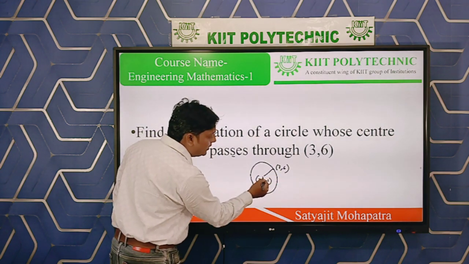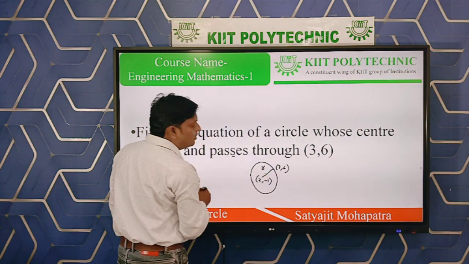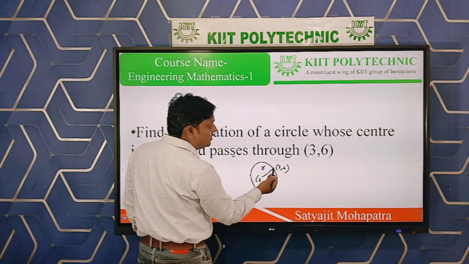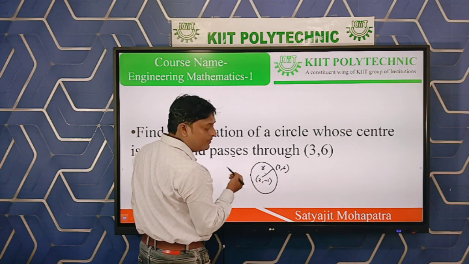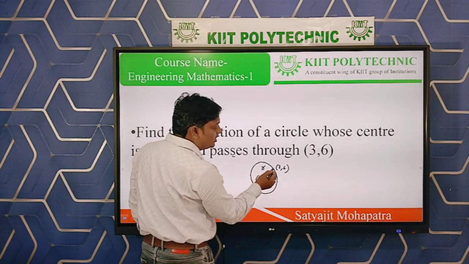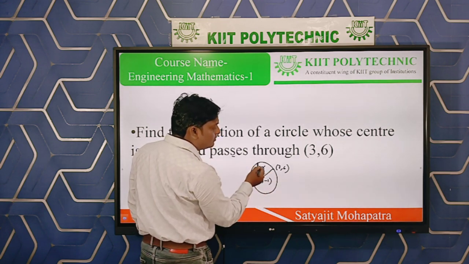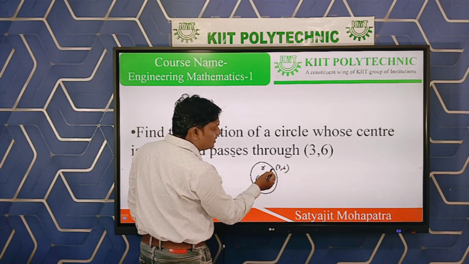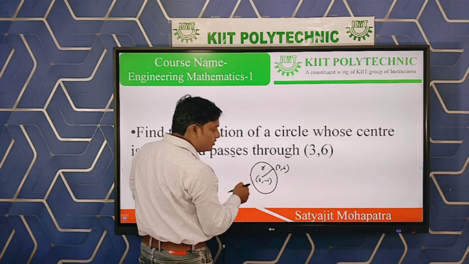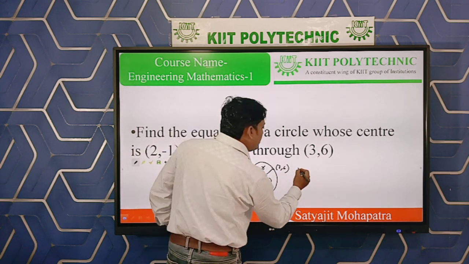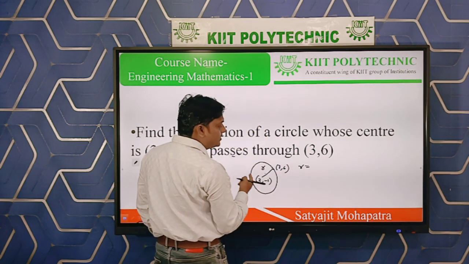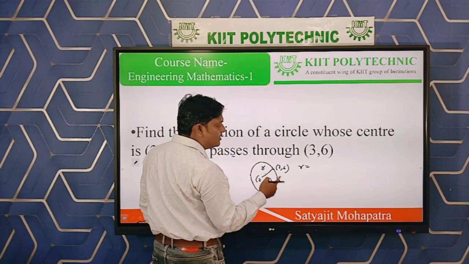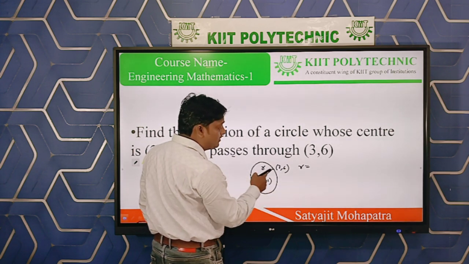Easily one can find the radius, because all of you know what the radius is. The radius is the distance of the peripheral point from the center. The center is the fixed point. This point is movable on the circumference. This distance simply will give you the radius of the circle. You know the distance formula in 2D. Just find the distance. R is the radius, and the distance will give it.